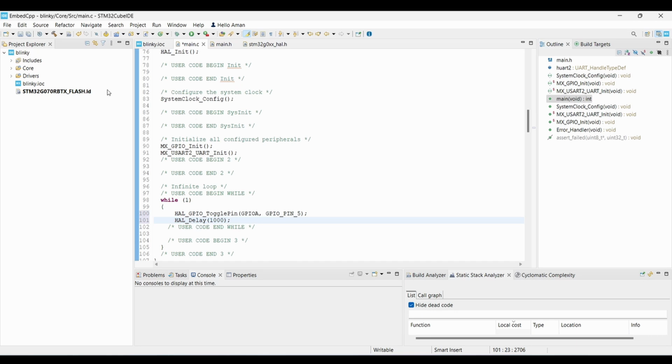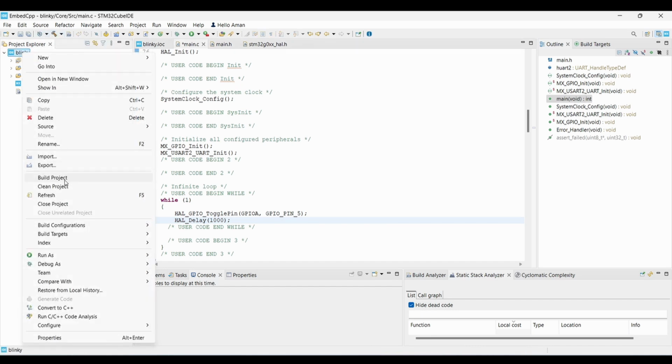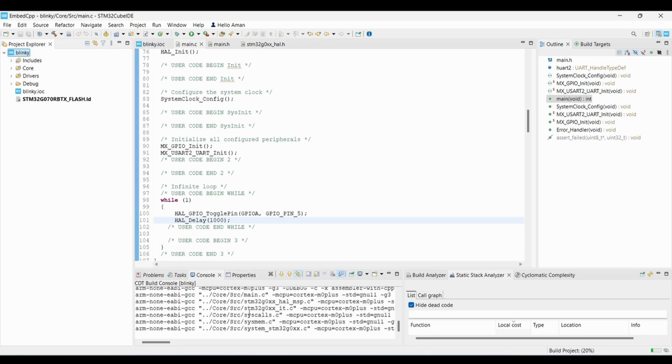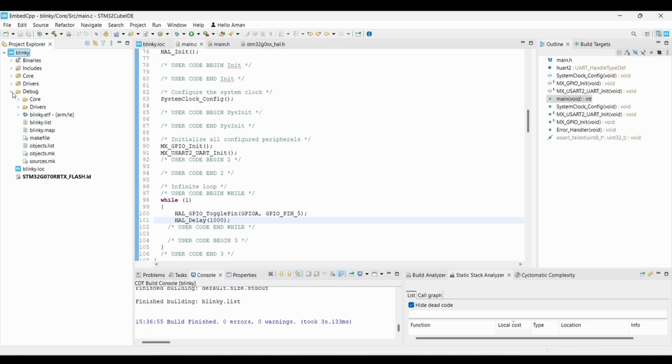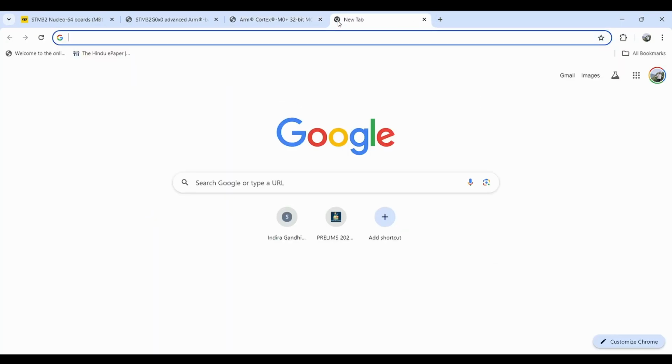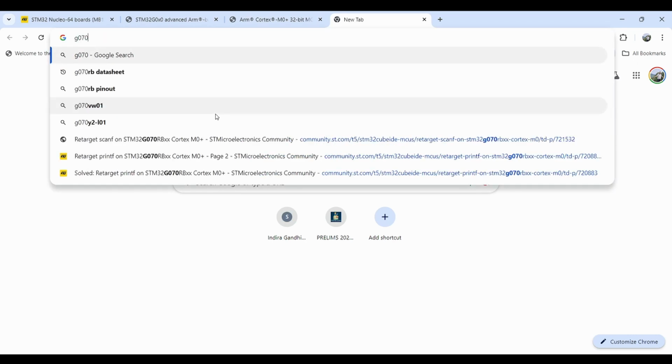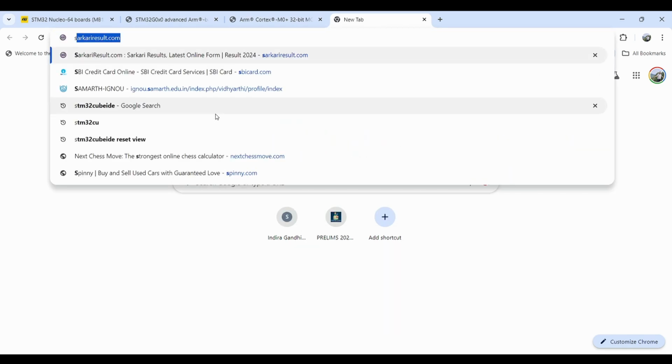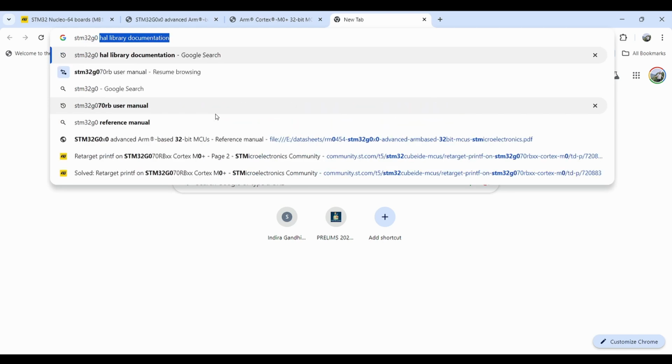To build the project, you can either press the hammer button here, or you can right click and go to build project. It will build the file and generate your executable file here. Okay. If you are wondering how I am able to write this part of the HAL library, all the HAL functions, you can go to Google and search for what HAL functions are available for your microcontroller. Like I am using the G070 series, so I can search G070, or you can directly search STM32G0 HAL library